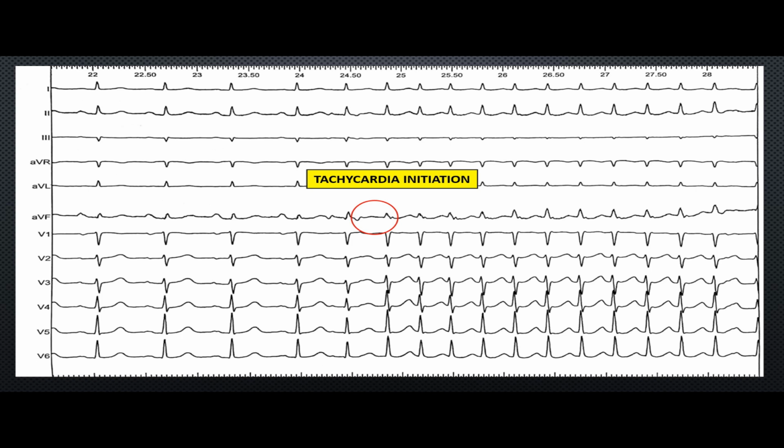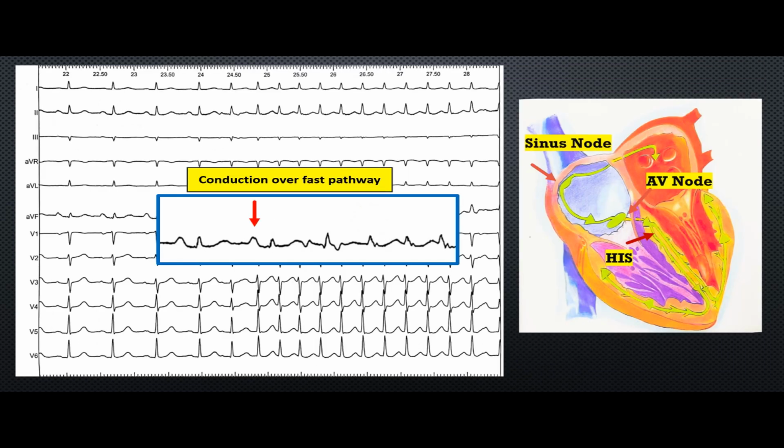I have zoomed in on the point where the sinus rhythm has transitioned to the tachycardia. In a normal conduction that goes on routinely, we can see that the sinus beat goes over the fast pathway and produces a QRS complex, and this is shown over here. So this is the sinus beat that goes down into the AV node through the fast pathway. Now